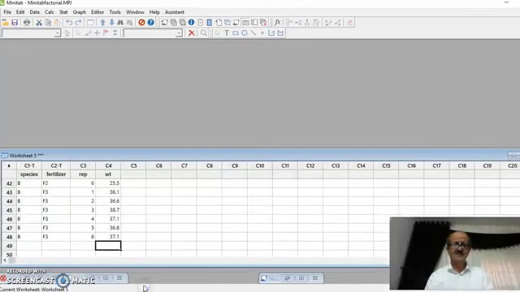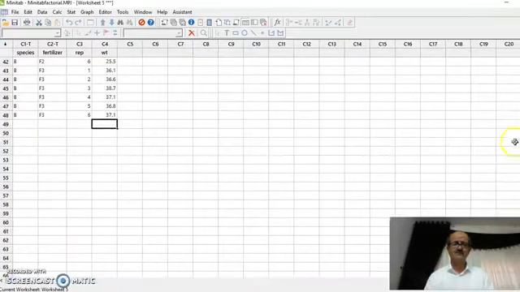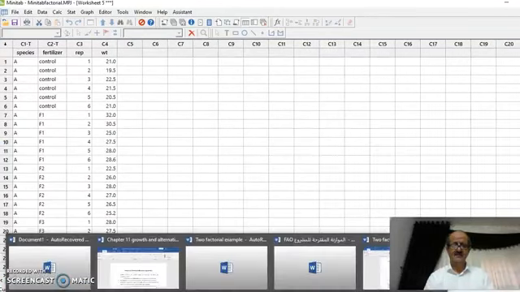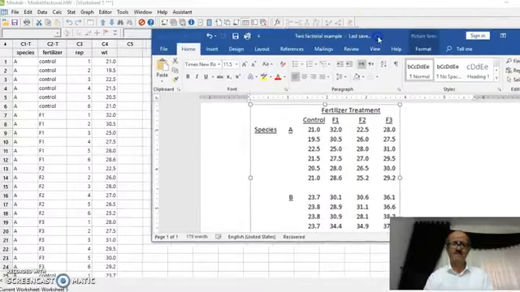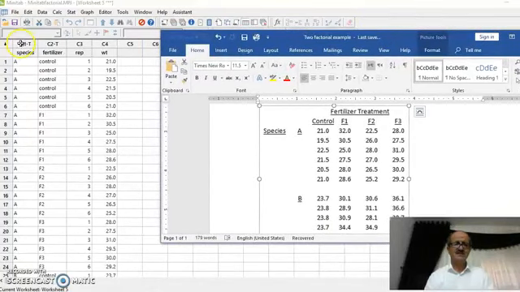I've already entered the data in Minitab. Let's have the original data here. Okay. So now the first column is for factor 1, which is the species A and B: 48 observations, 24 for A and 24 for B. Then we have the other factor in the other column, which is the fertilizer. We have 4 levels or 4 types of fertilizers, 3 and the control, and 6 replicates, and our response variable,